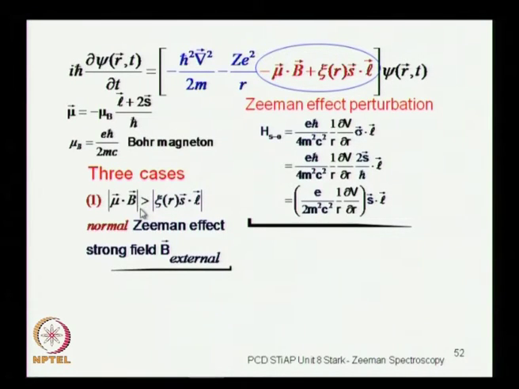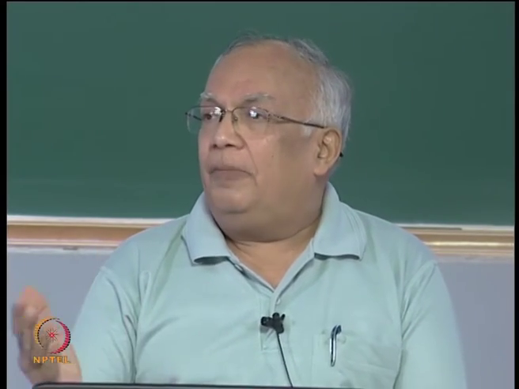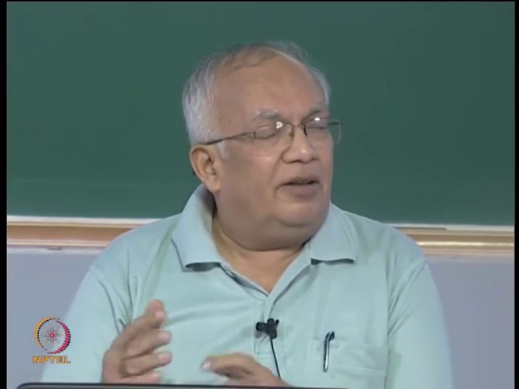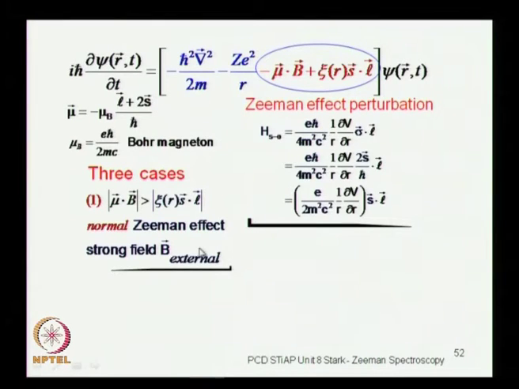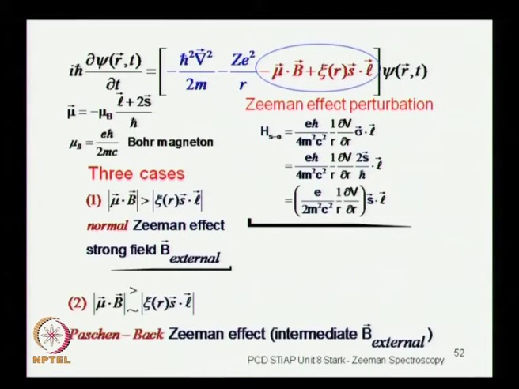It does not mean that other cases are abnormal or anything like that, but only that this is called the normal Zeeman effect because this was seen before physicists reconciled it with the electron spin. This requires a strong field, in the sense that this term is more important than the spin orbit term. That is the meaning of a strong field, but it is not so strong that you have to include